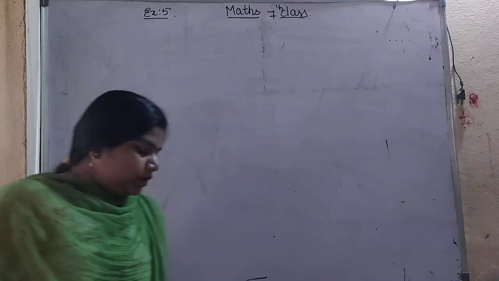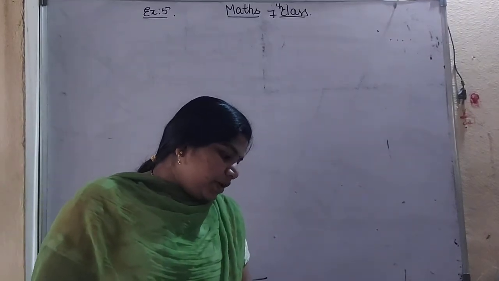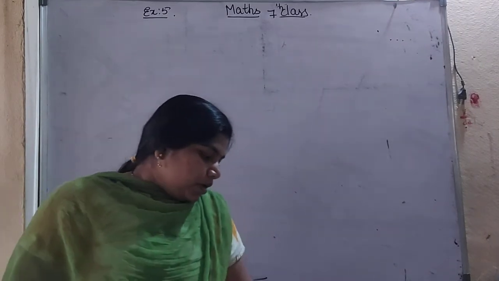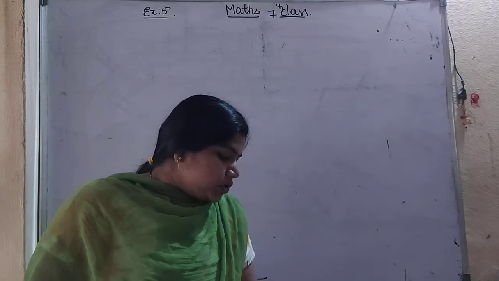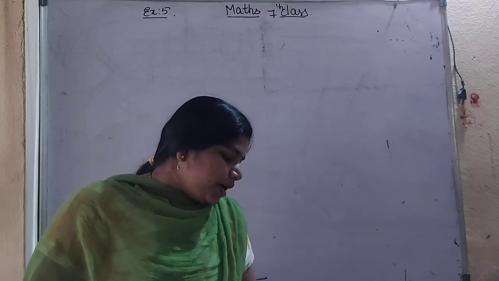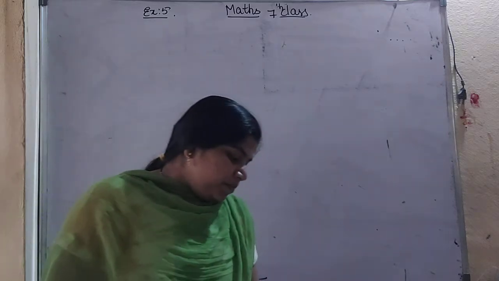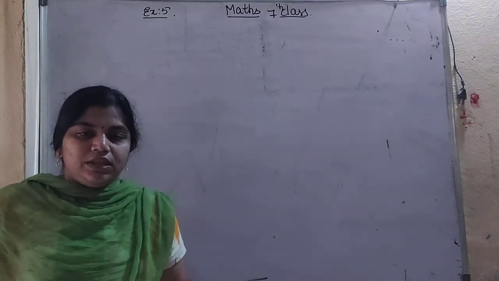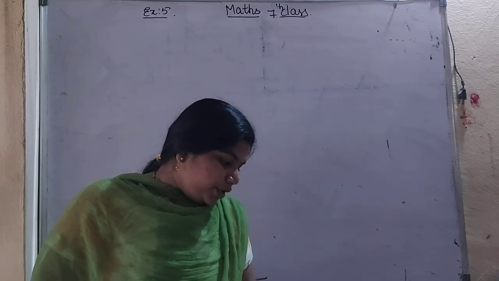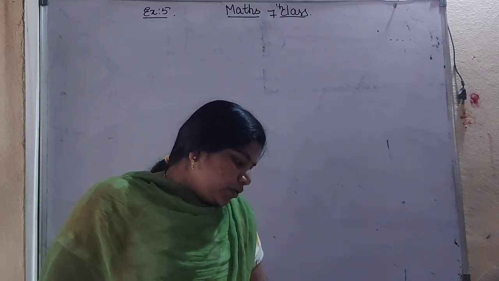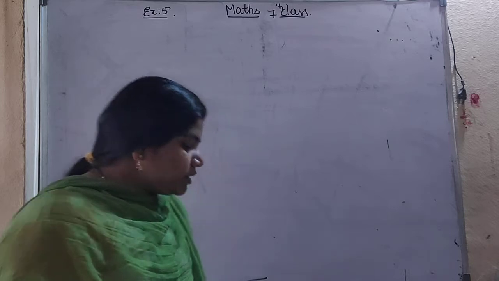So good morning everyone. In the last class we studied our exercise 5. In that, the first bit is completed. Now the second bit: express the following in rupees as decimals. We have to express a given paisa value, they have given the value in paisa, and we have to convert it into rupees using decimals.